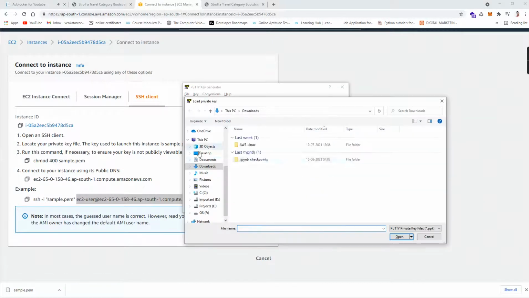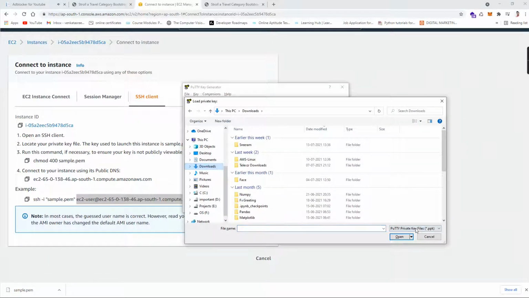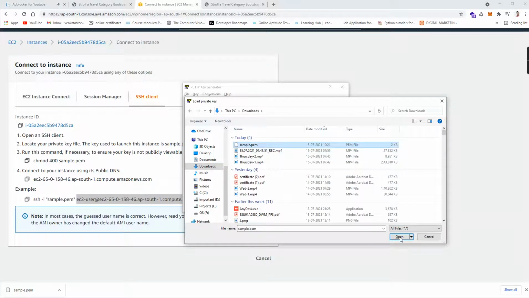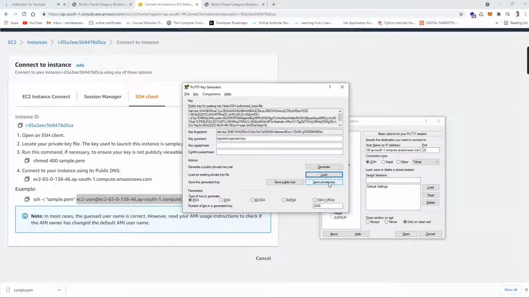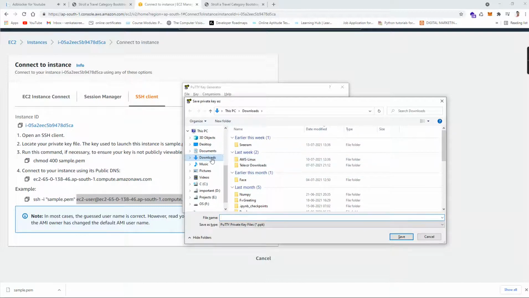Let's load the PEM file in our system, all files, sample.pem. Save private key as sample1.ppk.